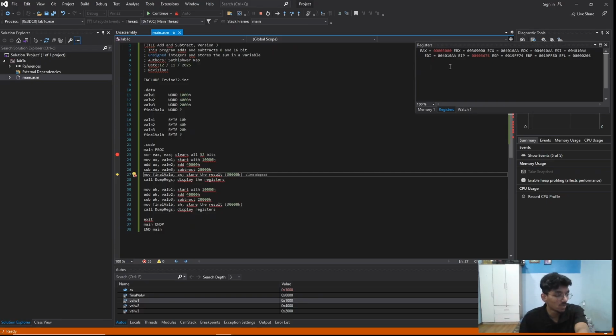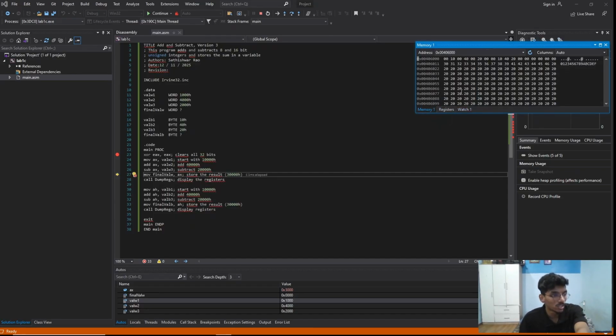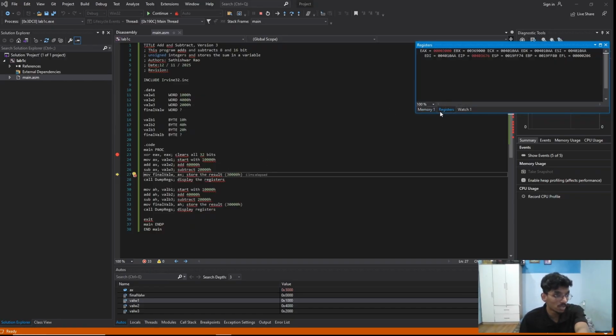So for the final value, we'll move to the final value now, where the watch is now at val W3. So the final value is now 0000 in the watch and the memory is over here. You can see 10, 10, 40, 20, then 0, 0, 0, 0. So now the final value in the autos is 0x00000002. So now if I step over again, debug again,